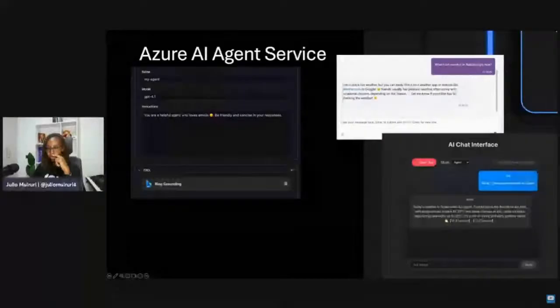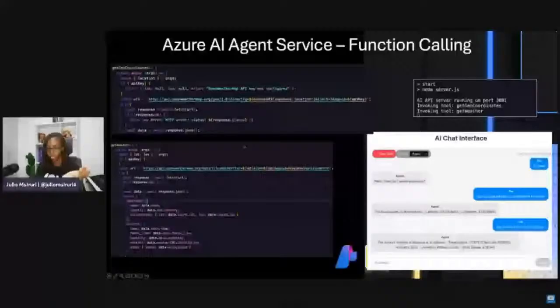Okay, so when your agent runs, if on your application you run the agent mode, you'll see that whenever a tool is required to satisfy a user's need, the agent will automatically and autonomously discover the tools that you've given it and invoke the right tool for the job. So this is something that we're going to factor in the next iteration, given that we saw a lot of people who are not able to access the Bing service.